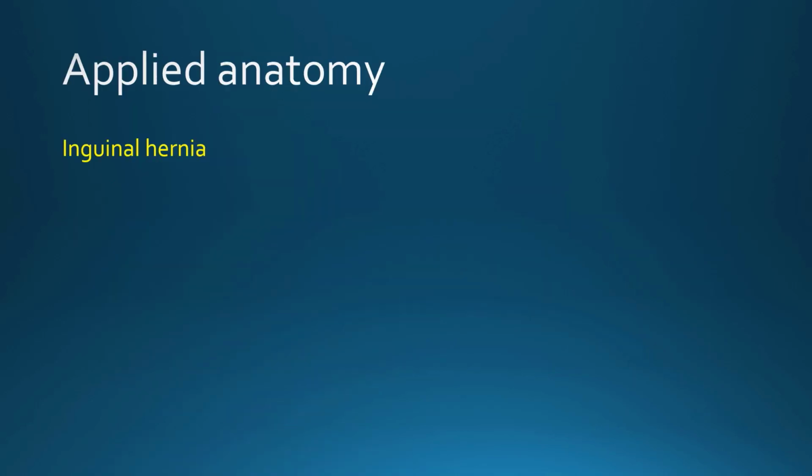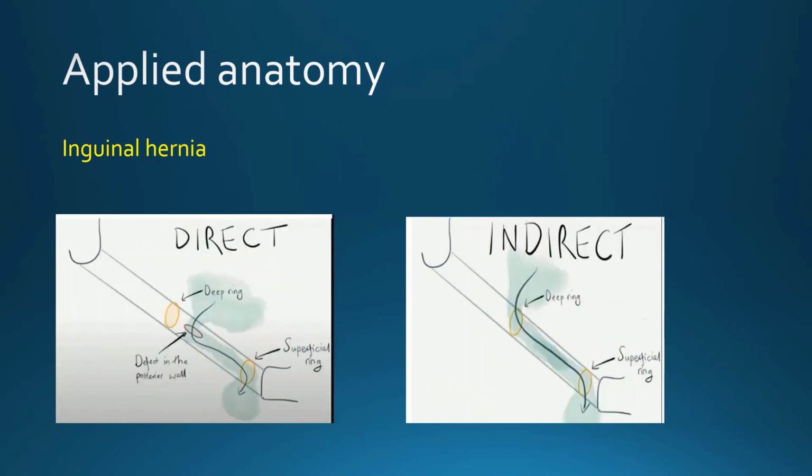An important applied anatomical aspect with respect to inguinal canal is inguinal hernia. Let us look at them. There are two varieties, direct and indirect. This is diagrammatic representation, anterior superior iliac spine, this is superficial inguinal ring, deep inguinal ring, and this is the canal. Indirect inguinal hernia, the contents are passing through both the rings. This arrow is showing how the contents of hernia are protruding towards the canal and going out of the superficial ring.